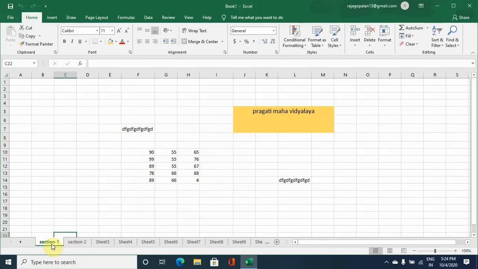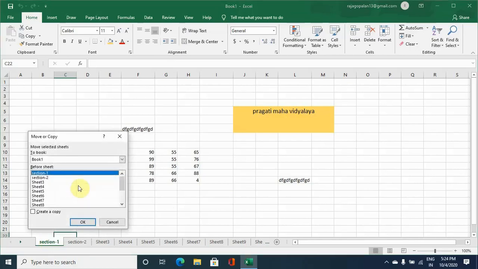Now you want a duplicate copy of this particular worksheet. Then we have options here: create a copy is the option, you check the box there, then go for OK.